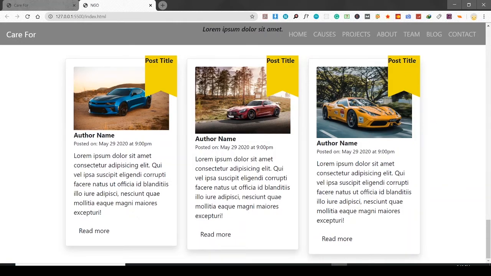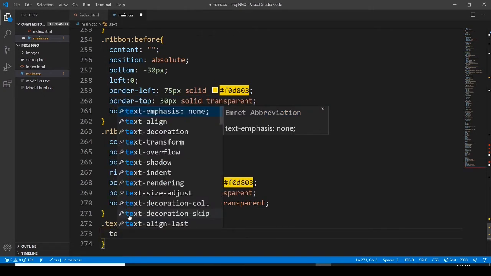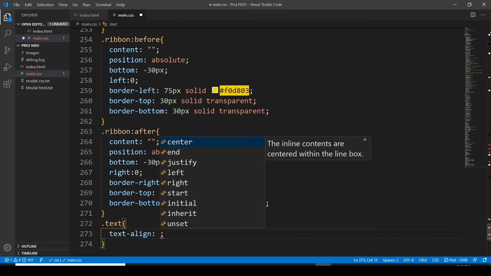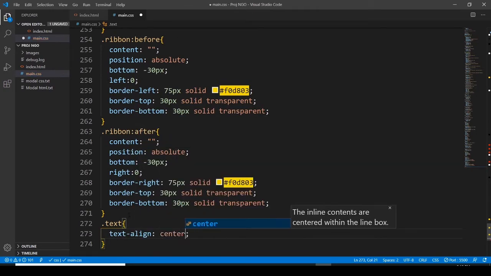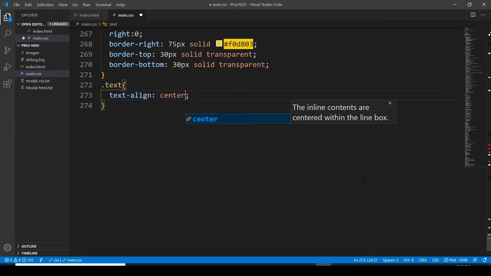Okay, so you guys can see that we just changed the position here, the direction, the right and the left, and then the last thing is, let's go and have a text class with the text align center,